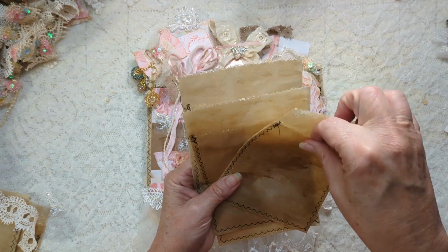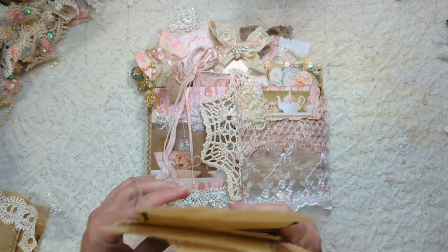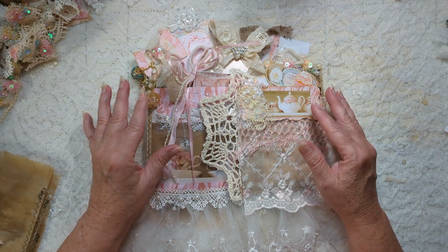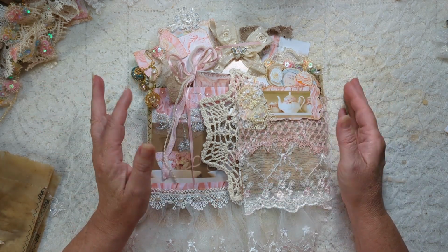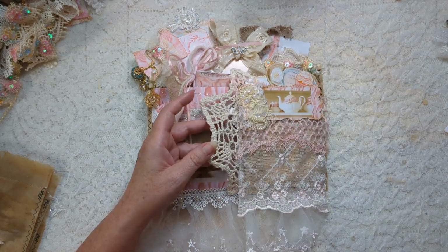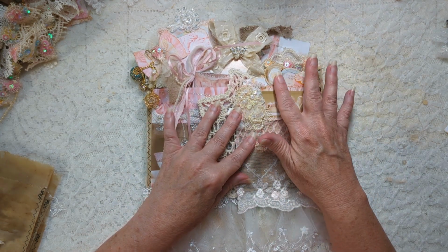So I used coffee dyed tracing paper and I made a bunch of double bags. These have 1, 2, and 3 pockets each. And then I made a medium size bag the same exact way to construct this with. So on the front I have one here, and I've got some of Doreen's gorgeous